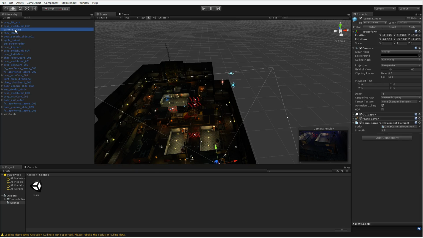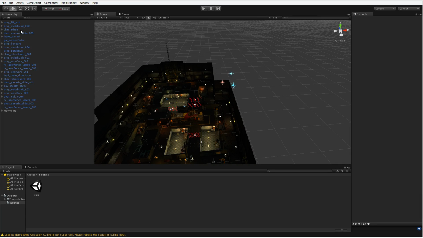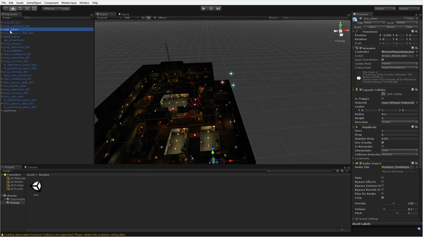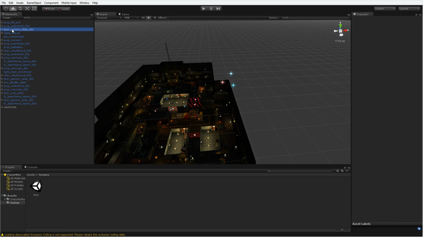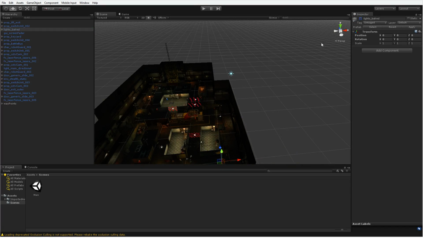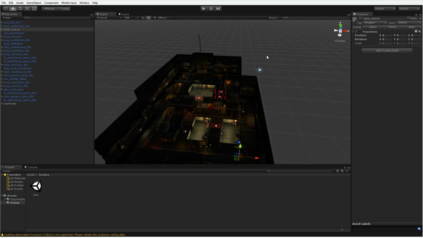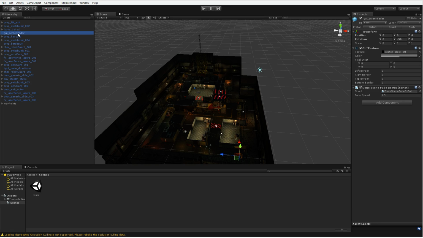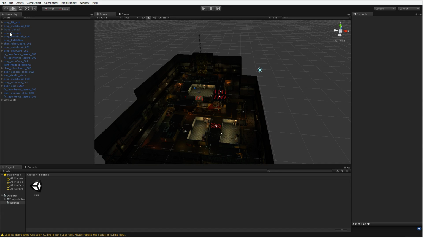We have this main camera. We'll get rid of that. We don't really need that either. And then we got our character Ethan. No character Ethan, goodbye. Sliding door, goodbye sliding door. Lights baked, very important. We do want those. However, we don't need them active in our scenes, so we're just going to go ahead and disable them. We want to keep them in case we ever need to rebake anything, but obviously I don't need them to be activated because everything is already baked. We have a GUI screen fader here, so there we go, don't need that.